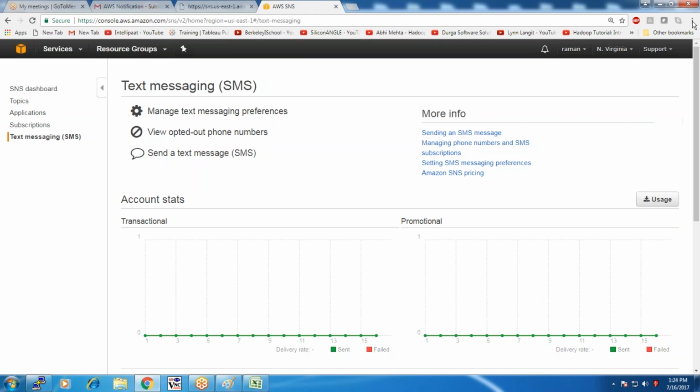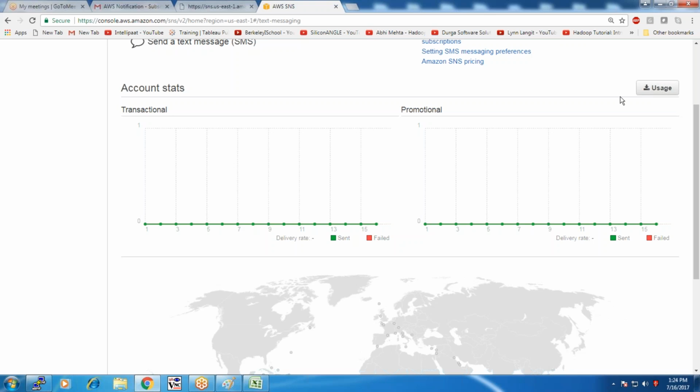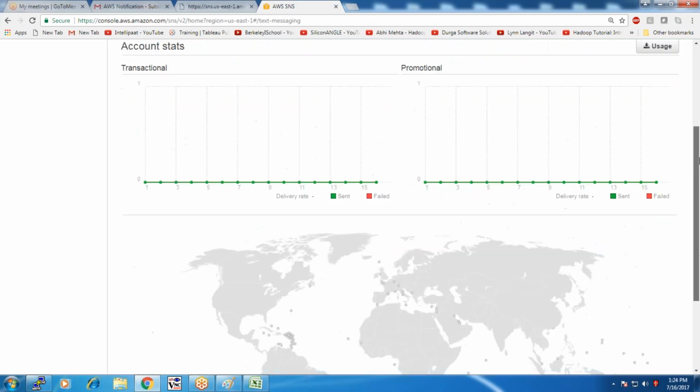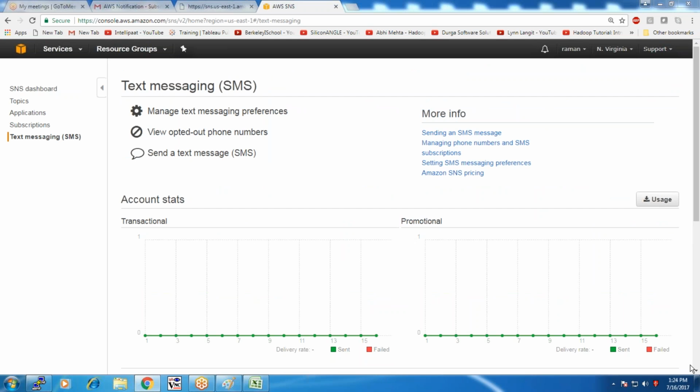So it will list you the additional things. How many notifications have been sent by SMS? How many were sent successfully? How many failed? All other information, I can get from this account statistics. You can find all the account statistics. This is the way by which you can set up this notification service and later you can associate this notification service with your EC2, your ELB, and see what is happening in the CloudWatch. This is the way by which you can make use of your